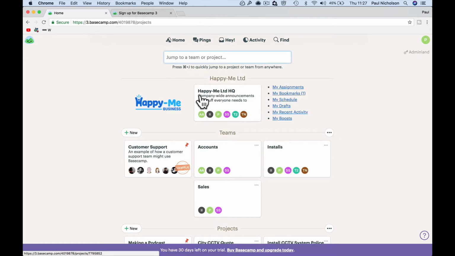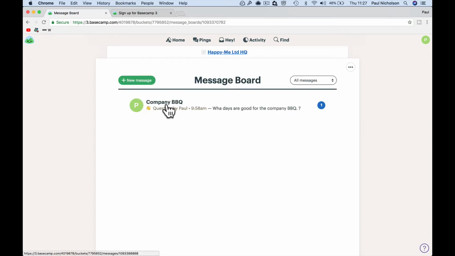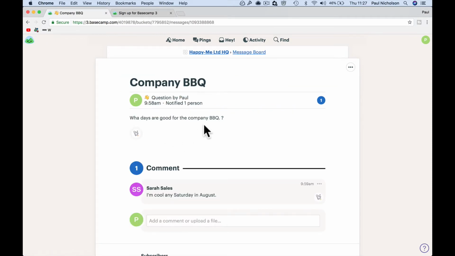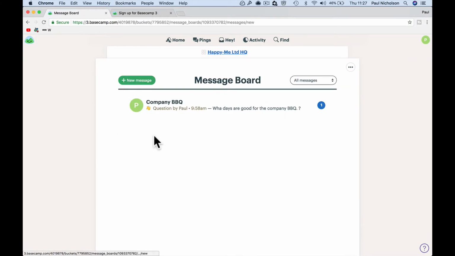So the business HQ is a general business administration dashboard. What's happening in the business? Everybody in your business should probably have access to the HQ. So you can see there's message boards where I've put company barbecue. What's a good weekend for barbecue? Company message board might be